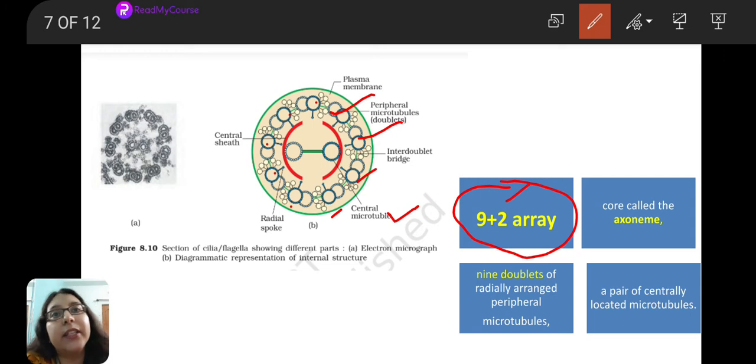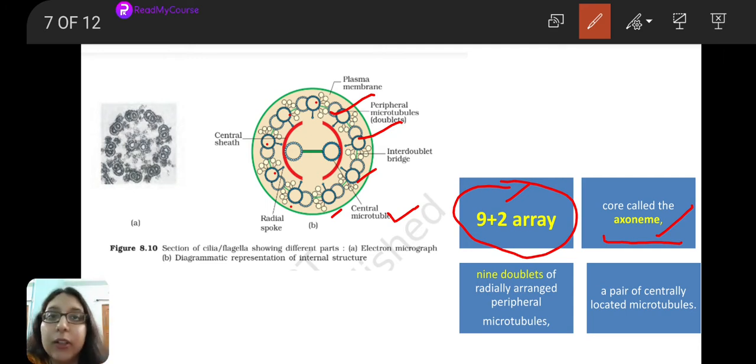Okay, so this core structure is known as axoneme. Remember this, the whole cylindrical core structure of a flagella or a cilia, especially a motile cilia. Why I am saying this is because cilia are of 2 types, motile and non-motile. 9+2 is the basic structure of a motile cilia. In case of a non-motile cilia, we have some different structure. We will read in the following slides. So remember that the cylindrical portion, the core portion, is known as the axoneme. Not acronym, axoneme, A-X-O-N-E-M-E, that is the central core portion.